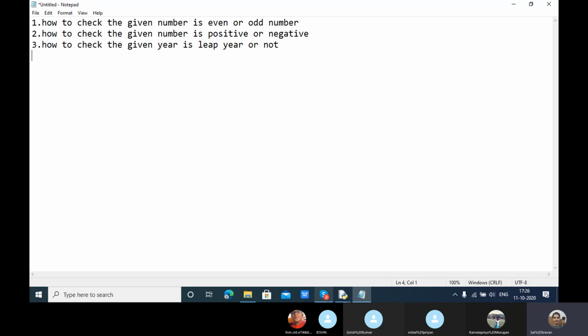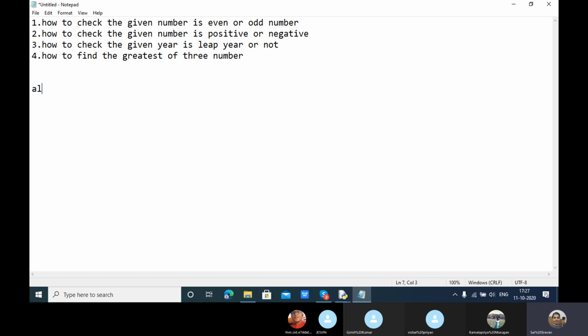Next, another program: how to find the greatest of three numbers. Try to do these four programs.